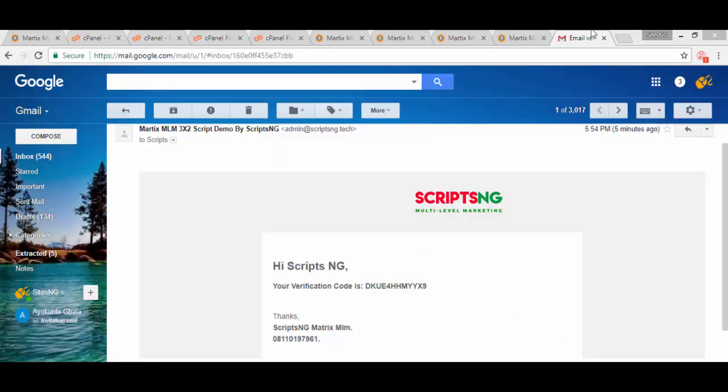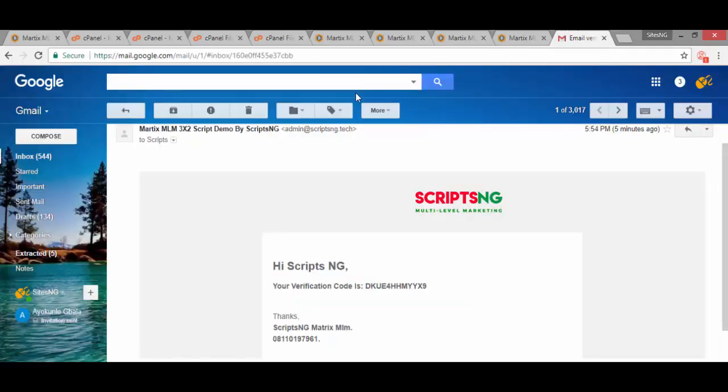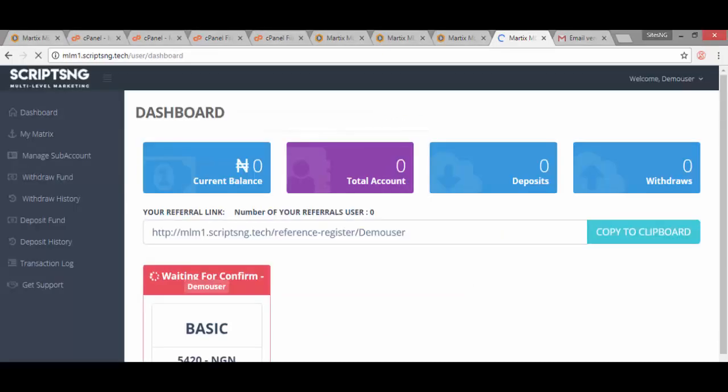So after registration, you are meant to put your email verification code, which is automatically sent by the script to your email address. As you can see, here it is. It's in my mail already. Then you paste the verification code over here and click on verify now. Immediately it verifies it, it takes you to the dashboard.